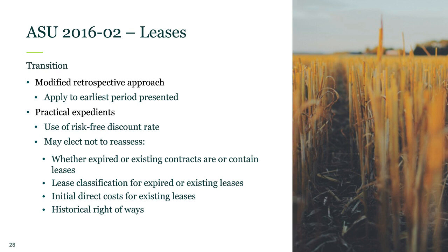Covering some of the practical expedients, Jake mentioned use of the risk-free rate. The next 4 that are listed there, where it says may elect not to reassess, consider the first 3 first. So the first 3 items, if these are elected, they have to be elected as a package and applied consistently to all leases. So a company may have a few leases that are, maybe they're super large and they